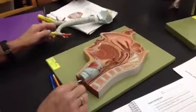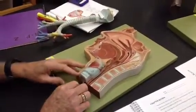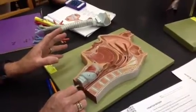But anyway, so that's as far as that story is concerned. Other things that